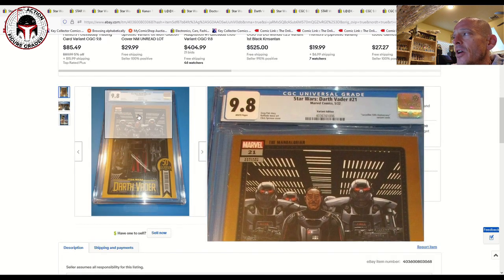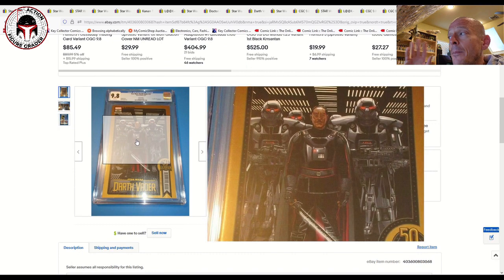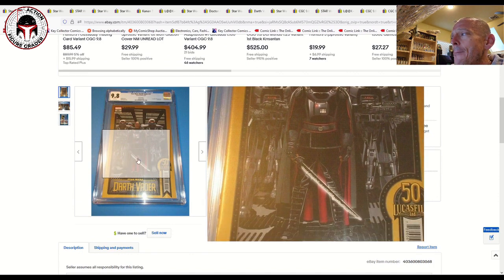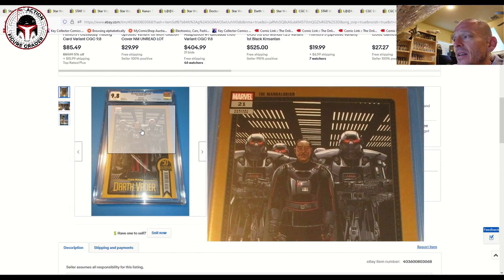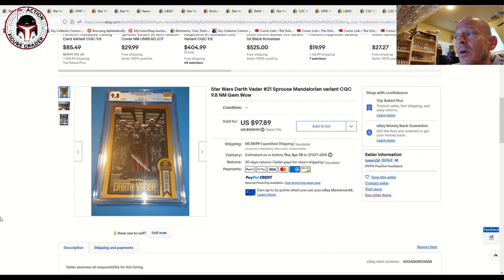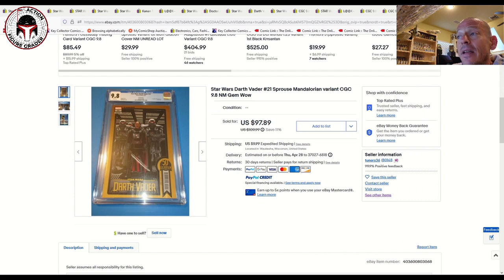This is another Sprouse variant, Darth Vader number 21. But this is the first appearance in comics, and at least the cover, of Moff Gideon as well as the Dark Troopers. It's an epic cover. I think I bought 10 of them, and I'm getting them pressed right now. And this one sold for $100. So plus, after shipping, it's a little over $100. So the market's saying that these are worth something. Again, it's not